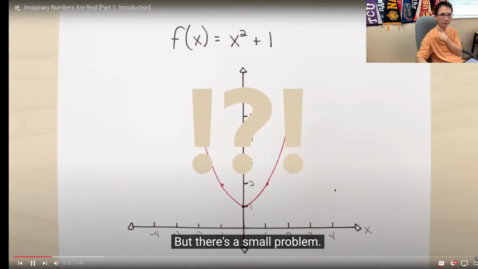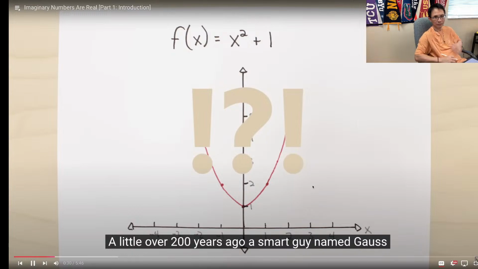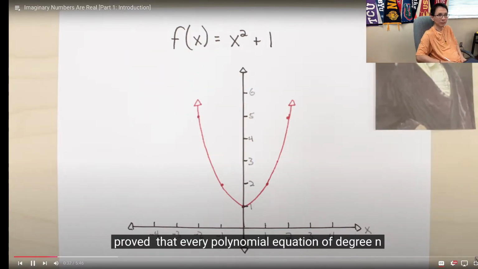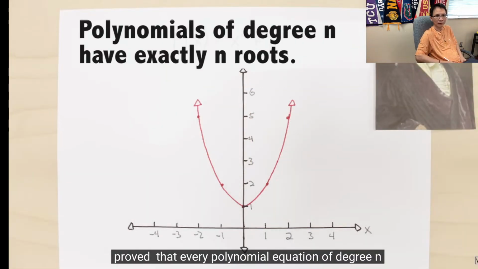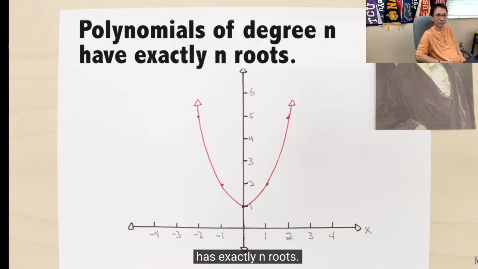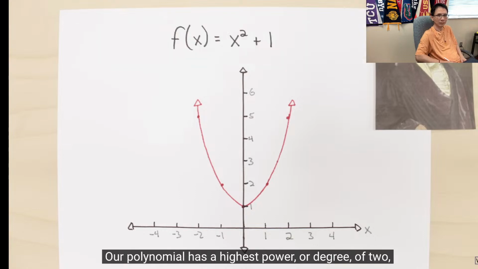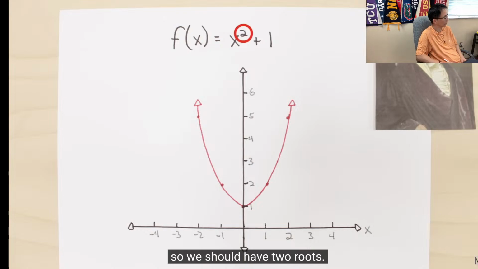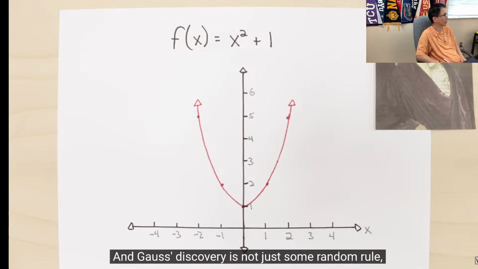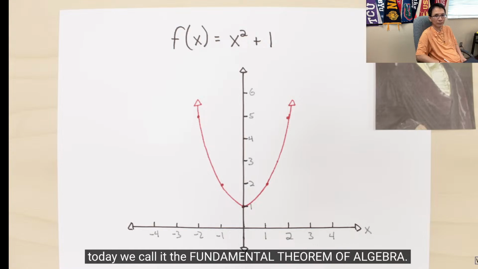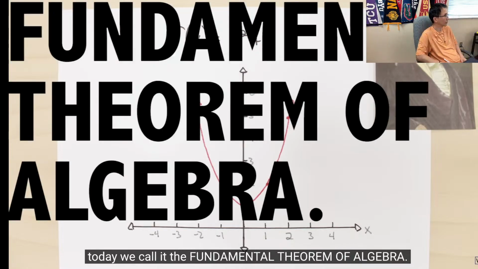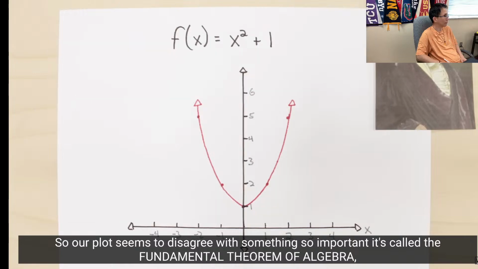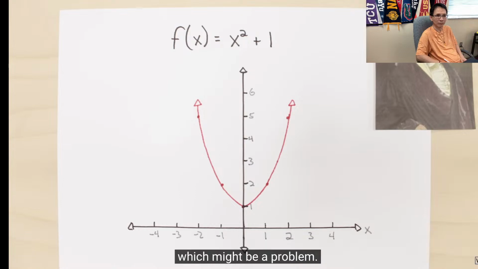But there's a small problem. A little over 200 years ago, a smart guy named Gauss proved that every polynomial equation of degree n has exactly n roots. Our polynomial has a highest power, or degree, of 2, so we should have 2 roots. And Gauss's discovery is not just some random rule. Today we call it the fundamental theorem of algebra. So our plot seems to disagree with something so important, it's called the fundamental theorem of algebra, which might be